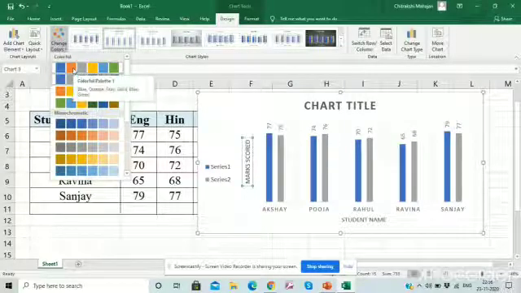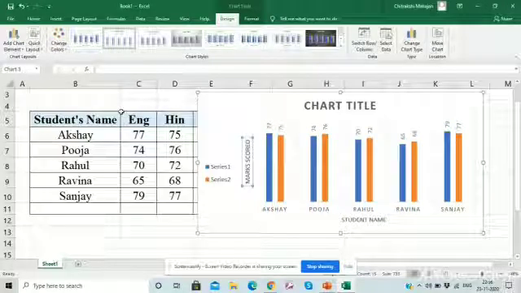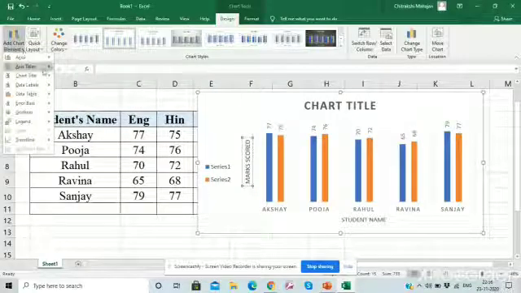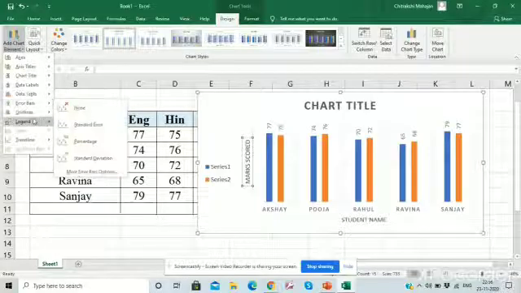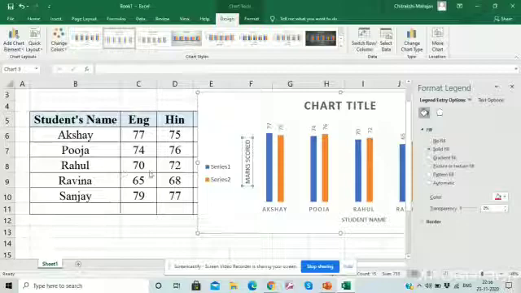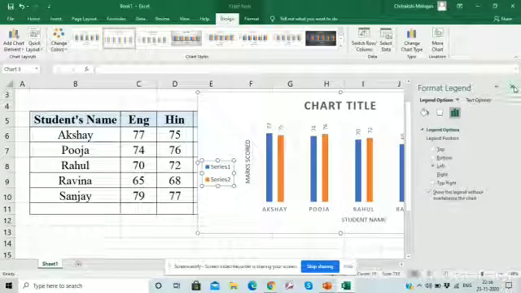We just change the colors. You can change the color from anywhere. You can change from the series color. You can change from the change color option. You can change from anywhere. This is how to change the color.